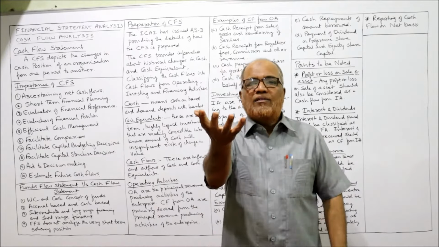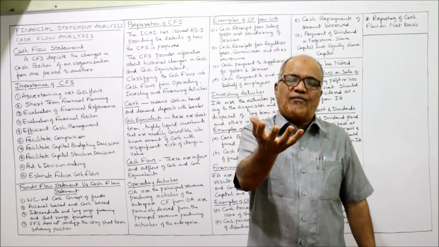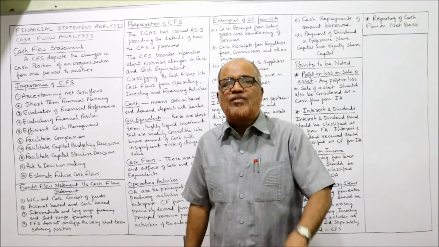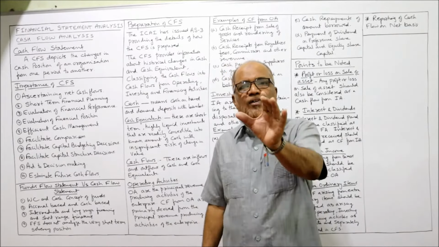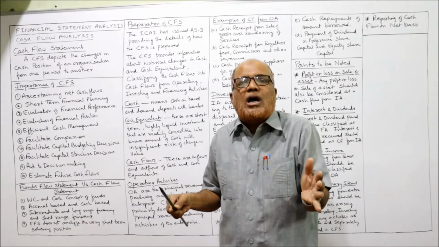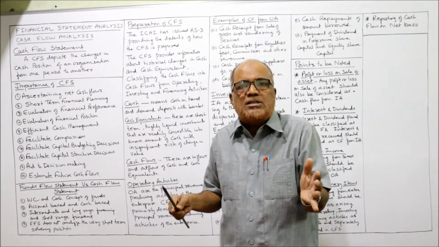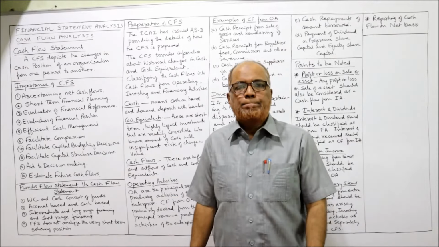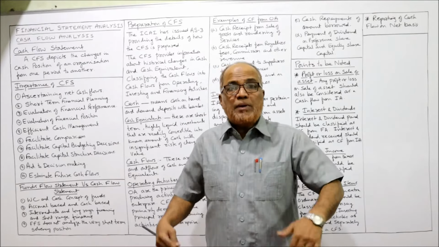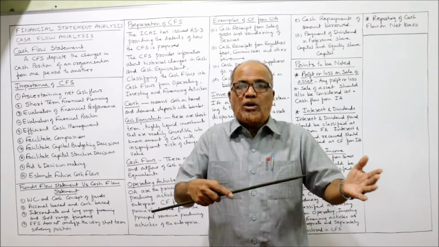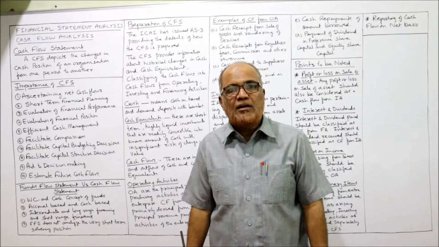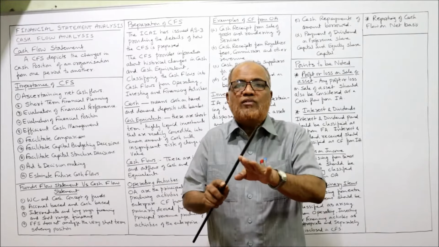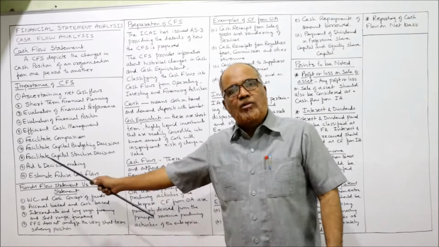Many a time what will happen, the funds flow statement shows that the fund position is good, working capital position is good, but still the business is facing a cash crunch problem, because working capital includes all current assets and current liabilities, whereas cash is only a part of working capital. So it may happen that working capital appears to be good, whereas cash position appears to be bad. So that is the problem, that very short term solvency position will not be depicted by funds flow statement. It will be shown by the